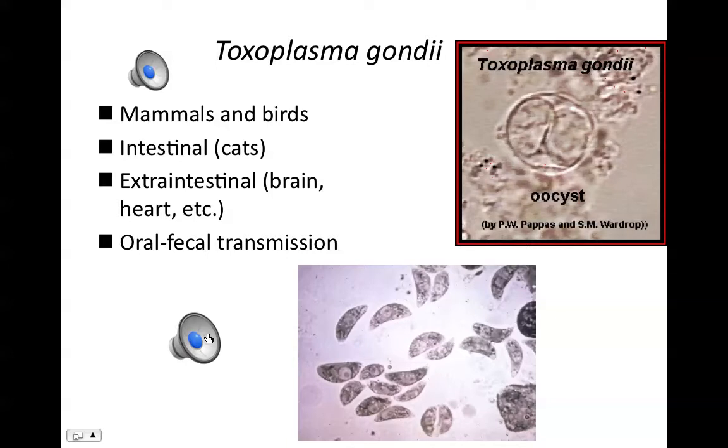Once located in the target tissues, such as brain and heart, toxoplasma cells begin to grow and divide by simple binary fission. And yes, there are protozoa that can grow by binary fission. Very simple cell division, increasing in number, forming spherules or little packets of reproducing structures of toxoplasma in the heart